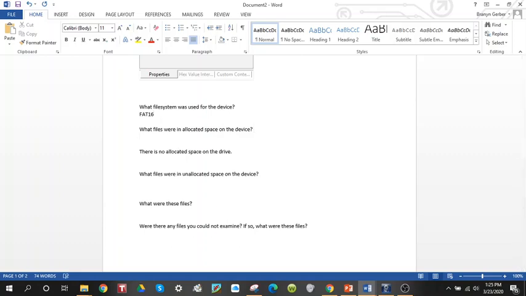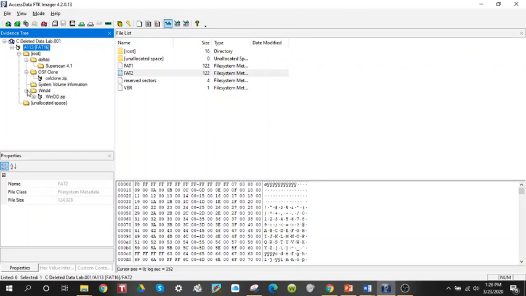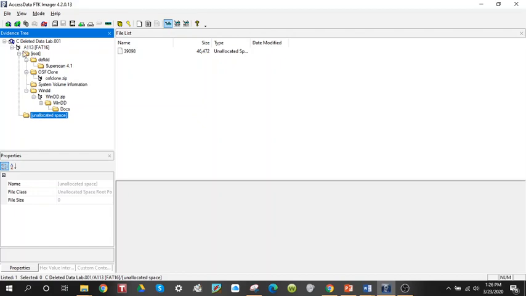Next question: what files were in allocated space on the device? This question is going to be a little bit different because with this type of image file that we have, I'm going to go ahead and open all these. If we go directly from the root straight down, skipping all of these details, which we don't need right now,